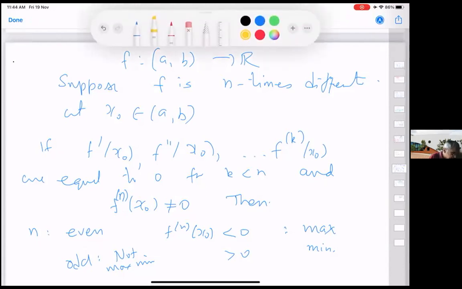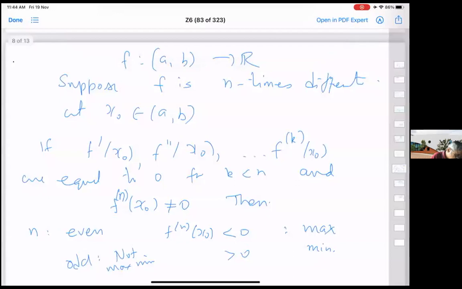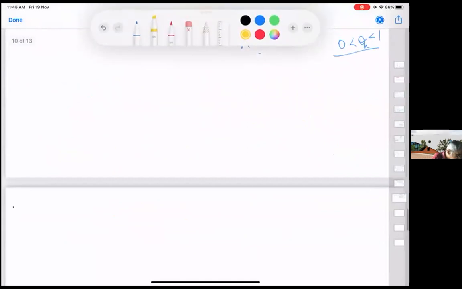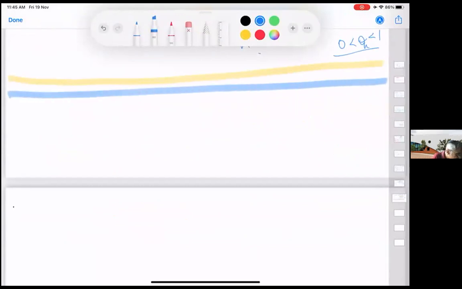Essentially, this gives you a fairly complete solution for maxima minima in most examples, except that I should stress that the maxima minima that we have talked about is what is called the local maxima minima, because